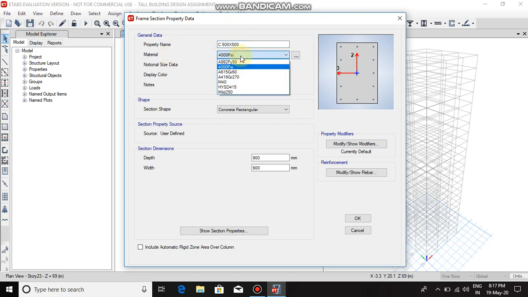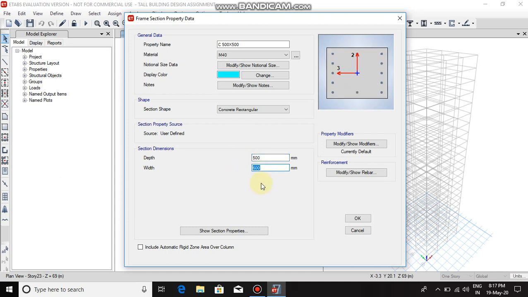Change the material to M40, depth 500, width 500. For the reinforcement property, select Modify or Show Rebar.